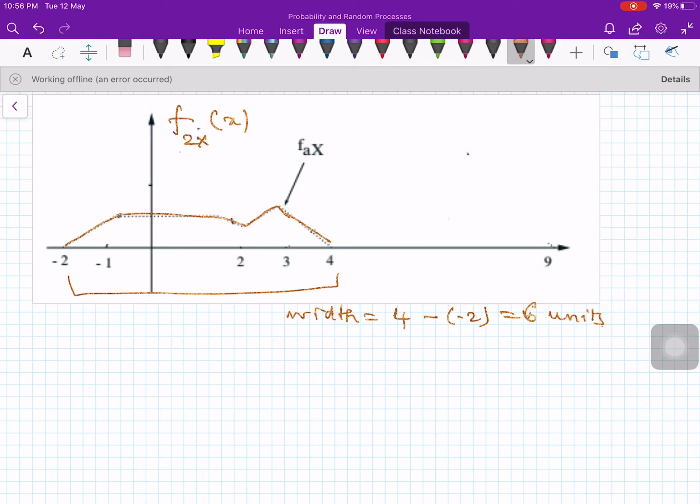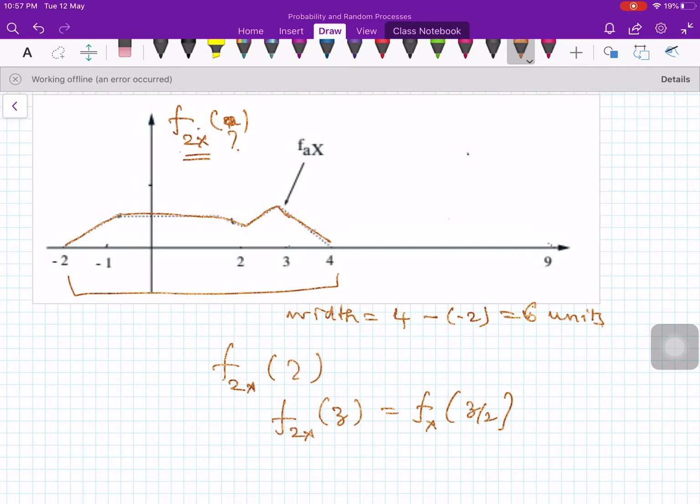So the distribution of 2x as a function, let's say of a generic argument z, is going to be the distribution of x but scaled by a factor of 2. Now we need to find out what this is. So what will come here? Taking a function and replacing its argument by the argument over 2 stretches it by a factor of 2. Therefore f2x of some argument z is going to be fx of z by 2.